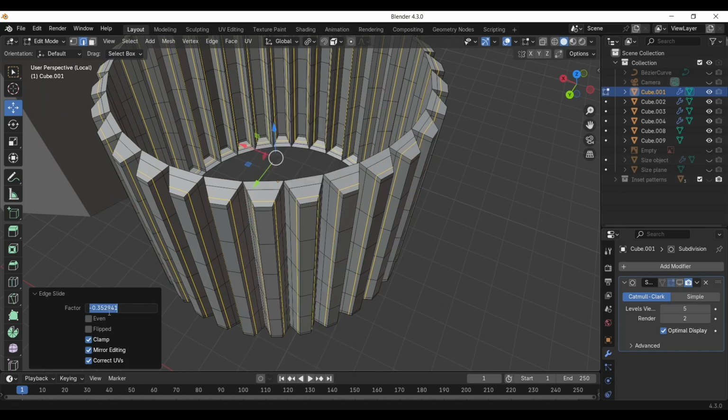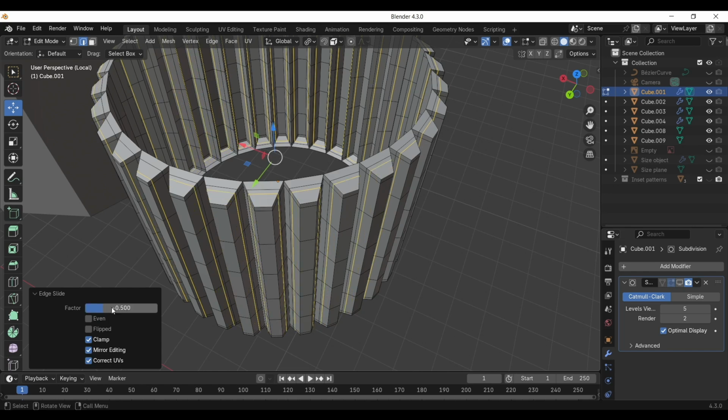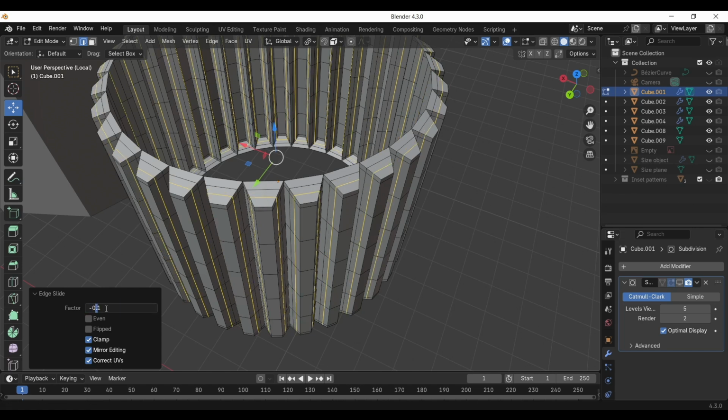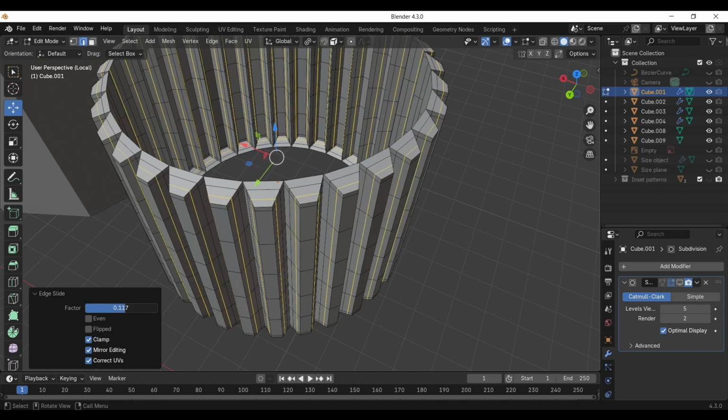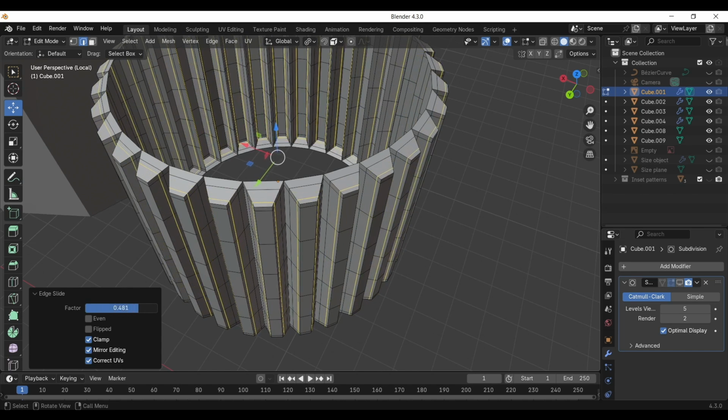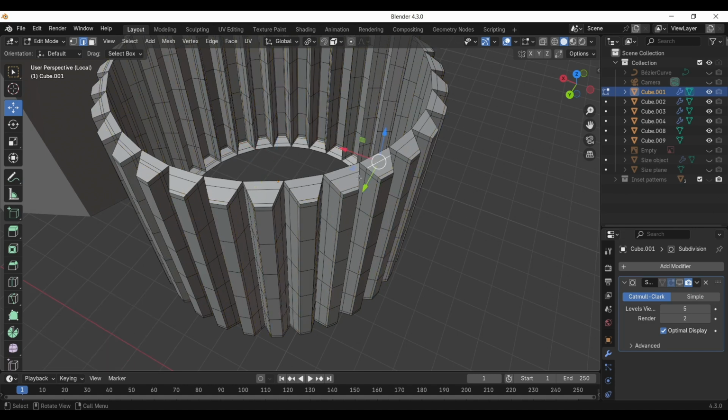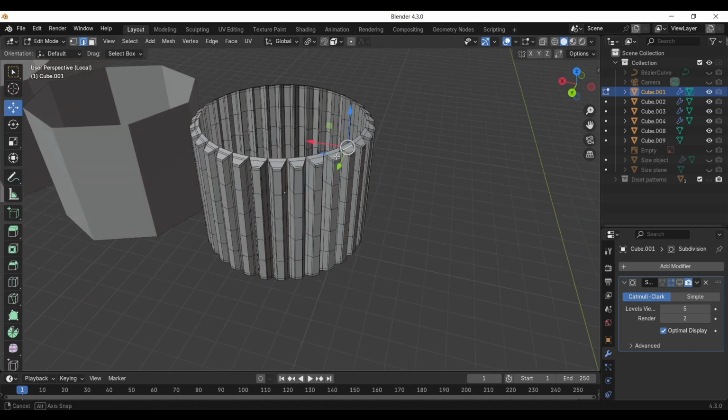So it has opened the reference panel. We can adjust the value here. Say we want it minus 0.1, 0.05. And just click and drag, so it adjusts as per the value that you put in. You can do the same thing with these loops as well. I'm gonna leave it here,